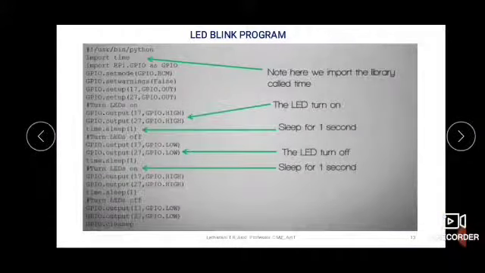Now the LED blink program. LED blink program means for some time the LEDs will glow, for some time the LEDs will be off. Again it will be on, again it will be off. Such a program we can write like this. A similar program is written here: import RPi.GPIO as GPIO.